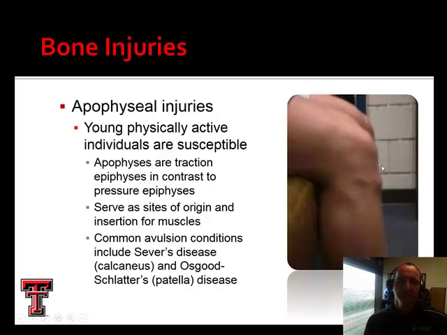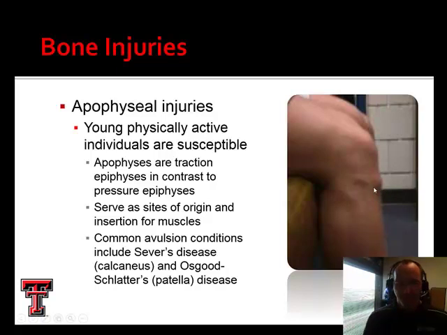Okay, apophyseal injuries, we see these. The apophysis is the muscular insertion. Apophysis is a traction epiphysis. Okay, we end up with tension across this. We see this in growing athletes. Their long bones are growing, their muscles are kind of struggling to catch up, and we end up with something